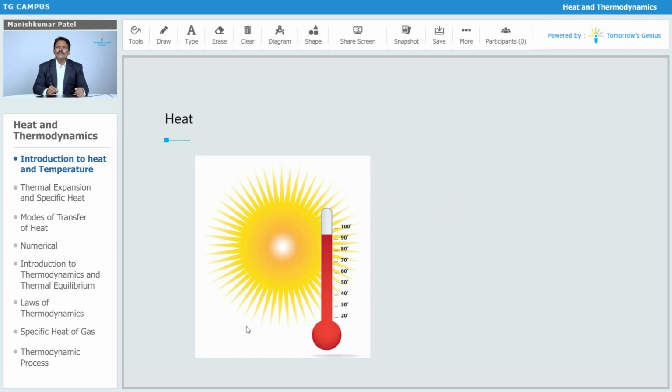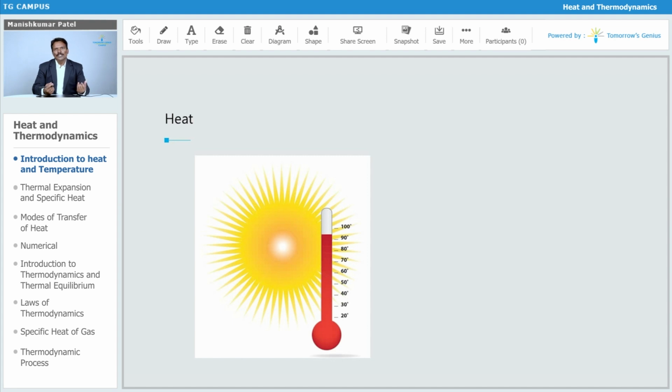Heat, obviously we can say, is that which will give us the sensation of hotness or coldness. We know that on the earth's surface we are getting heat from the sun. Obviously the radiations from the sun reach the earth and we receive the heat from that. At the same time, let's say for example you take an ice cube